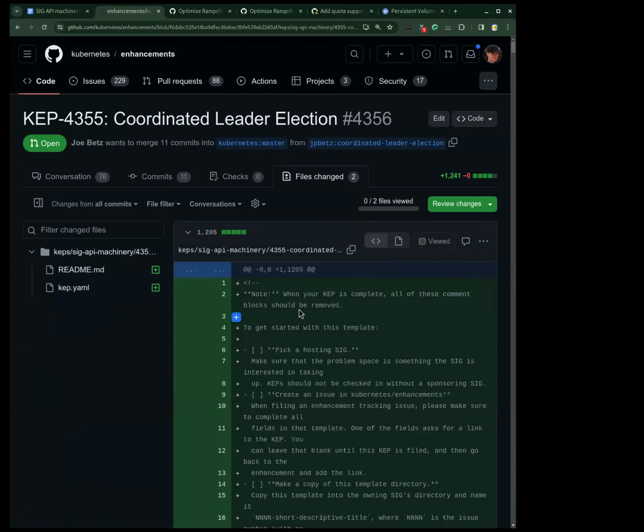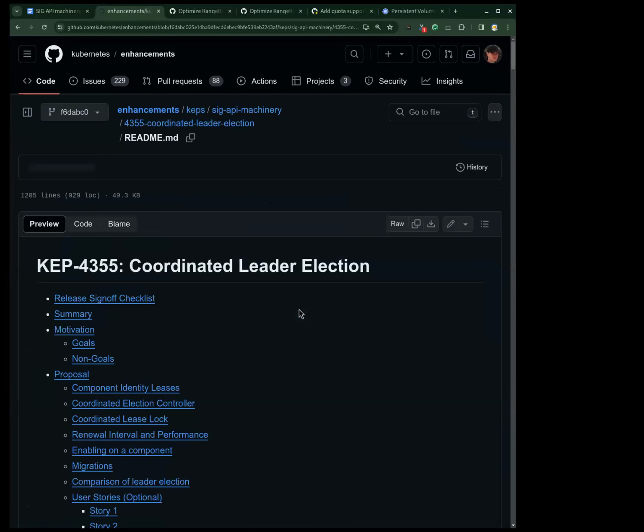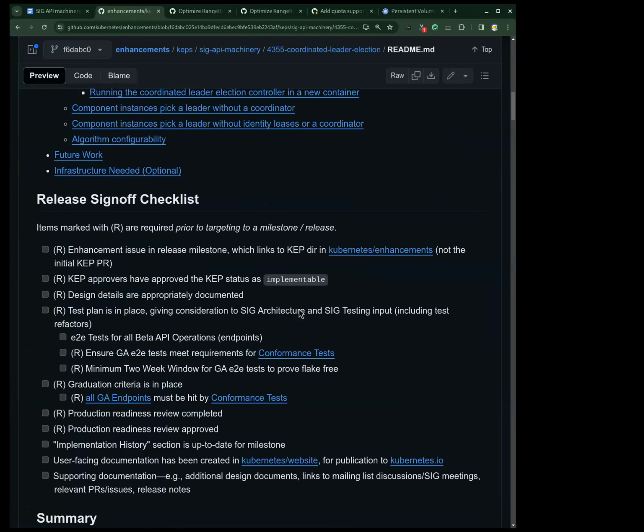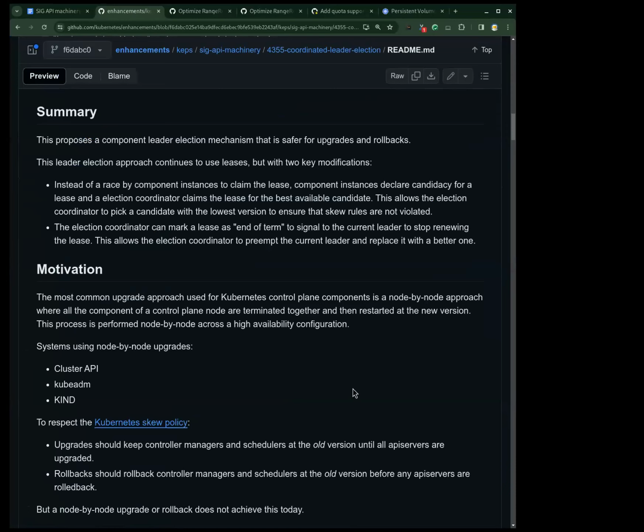This is fine for most scenarios, but specifically in HA cluster upgrades and rollbacks, where clusters could have mixed version API servers, controllers, and etc., the leaders and the version of the different components, such as a controller manager, could be in a mixed state, and it's not really deterministic which version would get the leader. This breaks the Kubernetes version skew policy, where a controller manager or any leader elected component must not be newer than the API server.